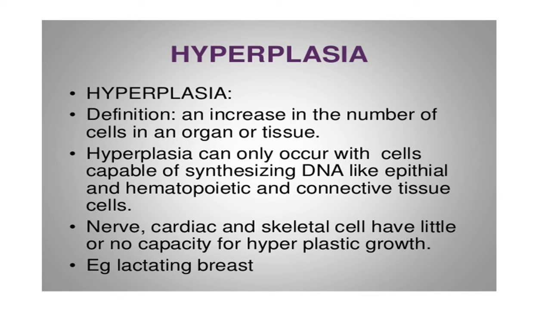But we have certain examples such as a lactating breast. So when you are not pregnant, the size of your breast is smaller. Immediately you give birth or during the process of pregnancy, you see that the breast will be increasing in size. Okay, meaning that the lobes, the cells that are found within the breast are multiplying so that they can open up and lactation, proper lactation, can be initiated.